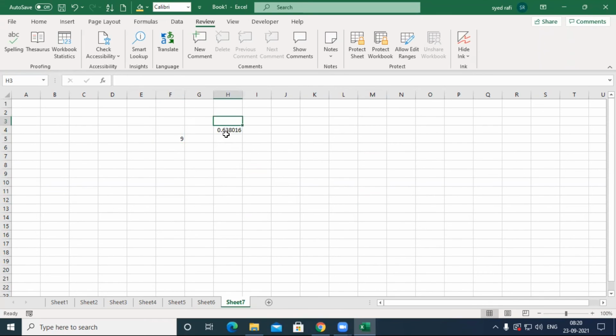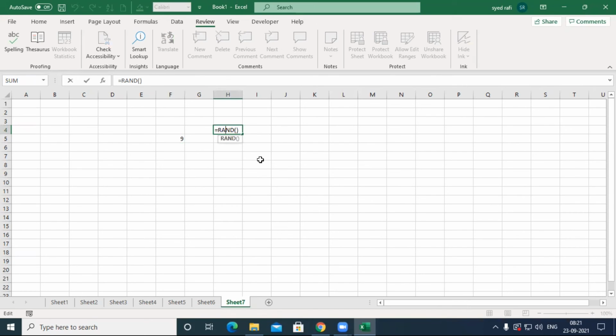Okay, I will show you. So the main difference between RANDBETWEEN and RAND: in RANDBETWEEN you may give the lowest value and the highest value, and it generates a random value between these two boundaries. But RAND is a function that can't accept any argument, but it returns something.